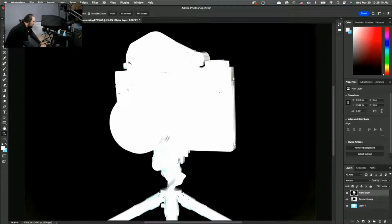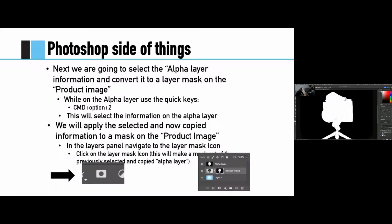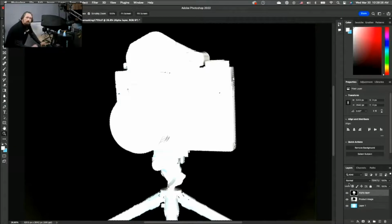Anyway, getting ahead. So with our alpha layer, we're going to move to our next step here. With the alpha layer, making sure we're highlighted on the alpha layer, Option Command 2. And what that's going to do is it's going to select, and you can kind of see there's now a selection box around. What it's doing is taking all that information of the whole thing. It represents with those dots, but the whole thing is copied so that you can go down here to our